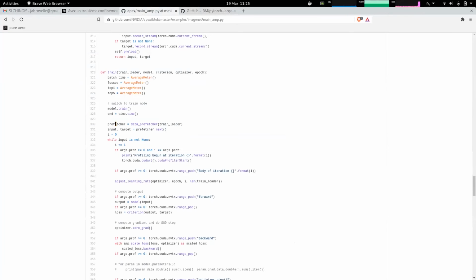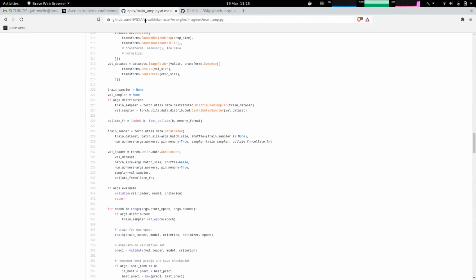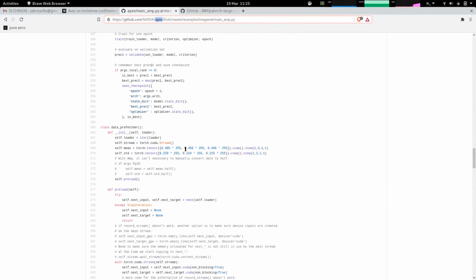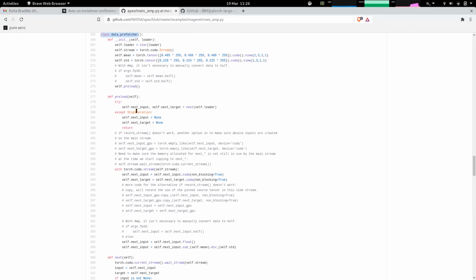Voilà. Okay. So in this example, it's from Apex. Apex is part of an NVIDIA project to improve the PyTorch framework a lot. In this example, they have implemented a specific data prefetcher class that is going to preload the data into the HBM2 graphical memory of the GPU